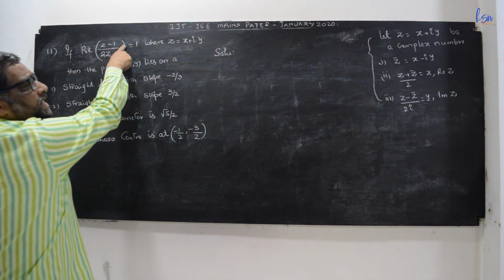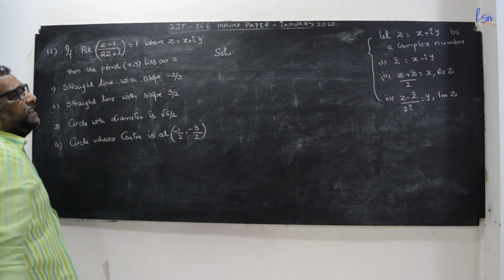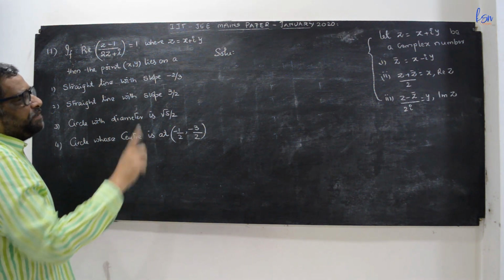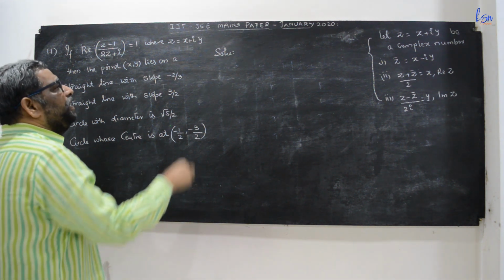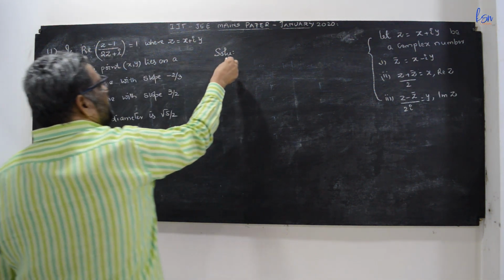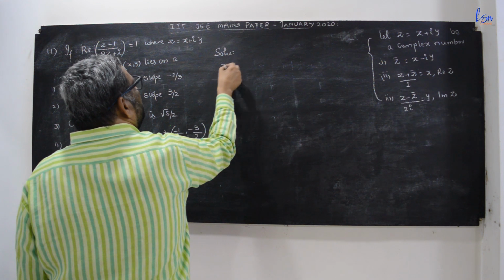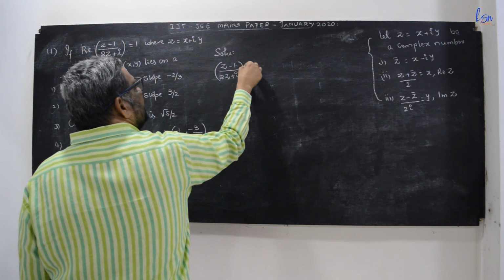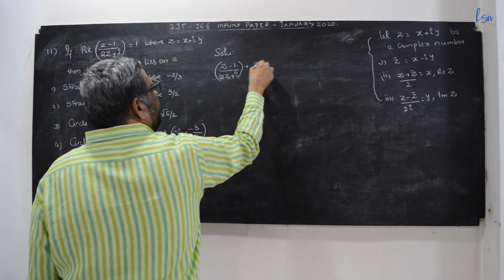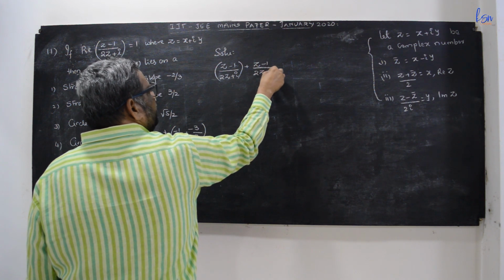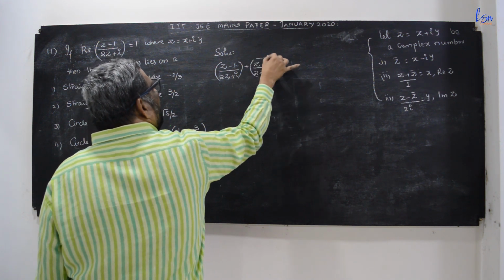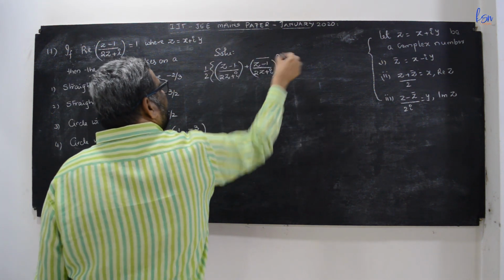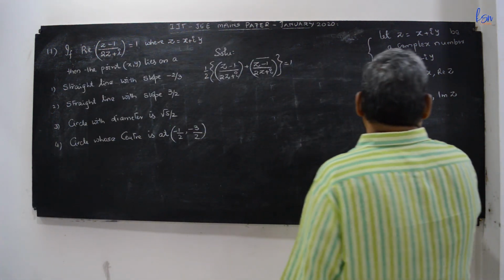Re((z − 1)/(2z + i)) = 1. Real part means, if z = x + iy, then (z + z̄)/2 is the real part of z. So the real part of this means ((z − 1)/(2z + i) + conj((z − 1)/(2z + i))) × 1/2 = 1. Now in this context, you can also say